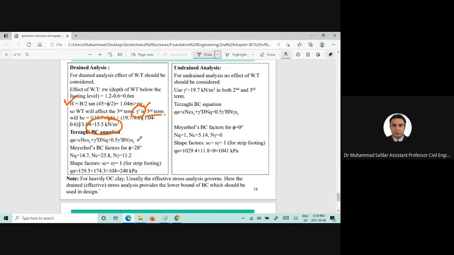You will use the Terzaghi's bearing capacity equation, the bearing capacity factors using Meyerhof equations, and shape factors, to get Q ultimate. This is in the case of the drained analysis. Please kindly note down, in case of drained analysis, you will find 240